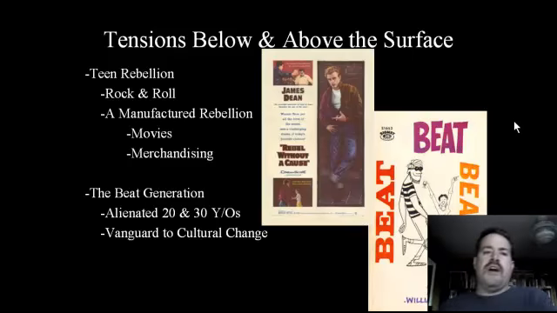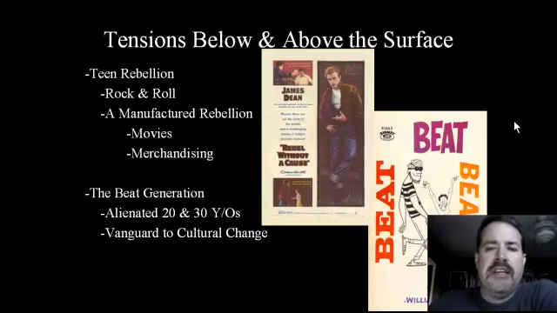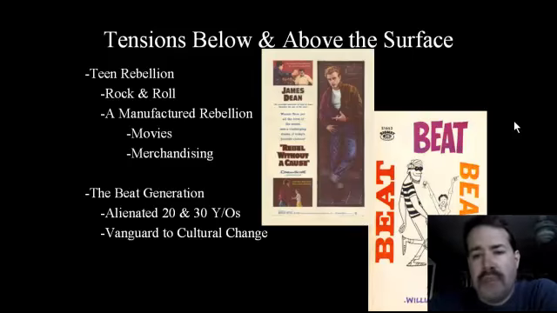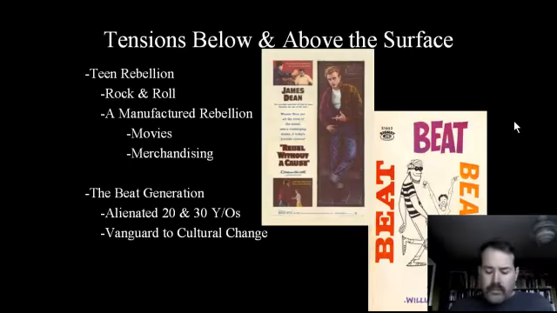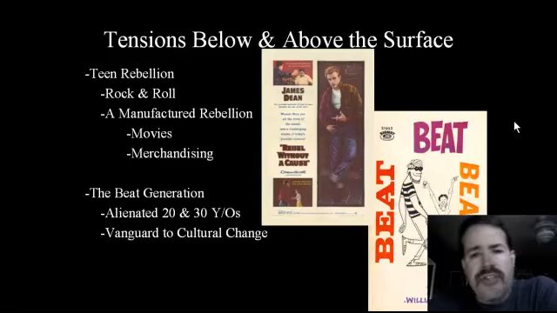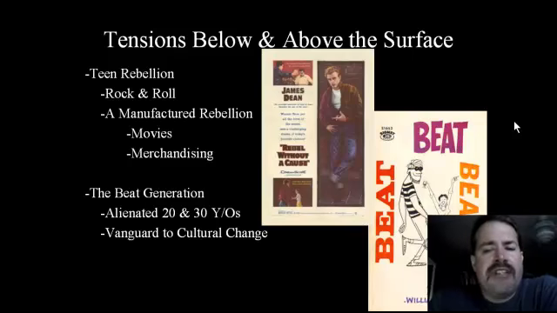Now, one of the groups that is going to be predominant in this rebellion is, of course, young baby boomers themselves. The very kids that the World War II generation is going to have after the war. So starting in the 1950s and going into the 1960s, you're going to see children that were born in the early 40s and immediately after World War II come of age. And when I say come of age, I mean they're teenagers. And like most teenagers, they're trying to define themselves. And it's really interesting because